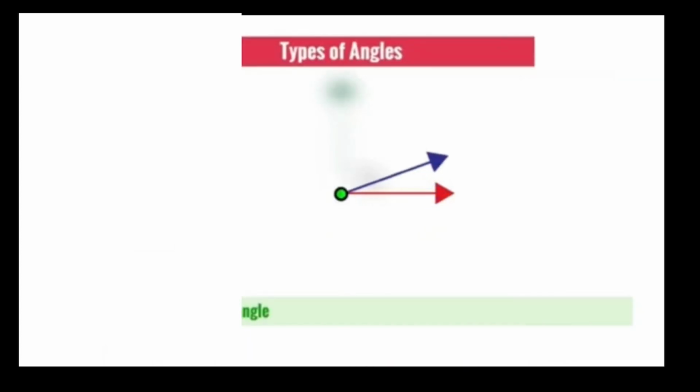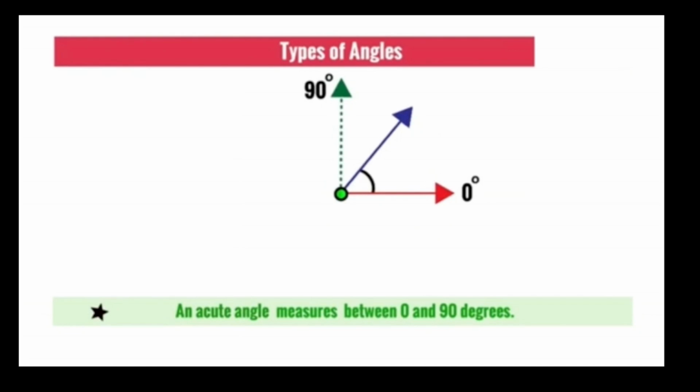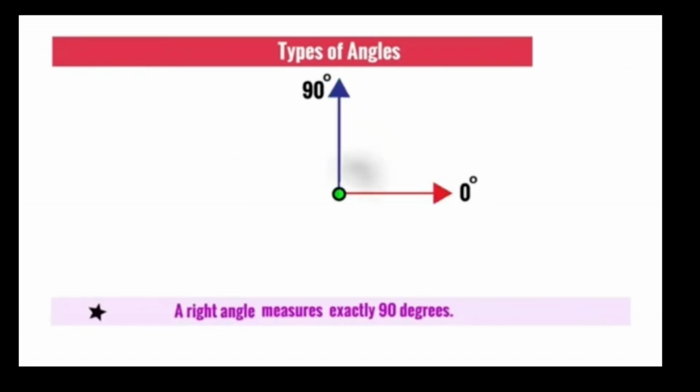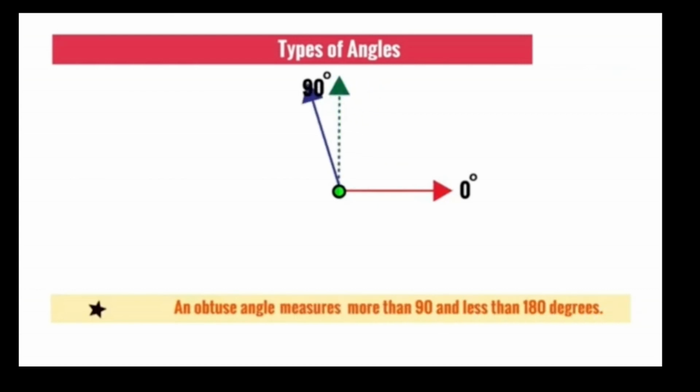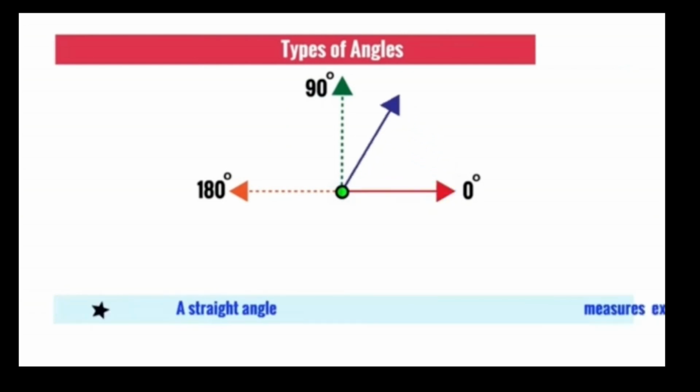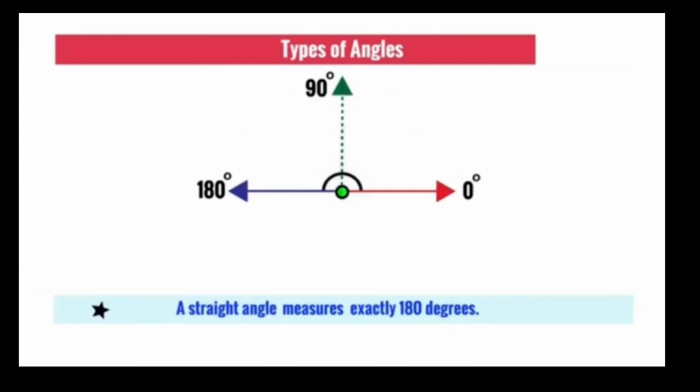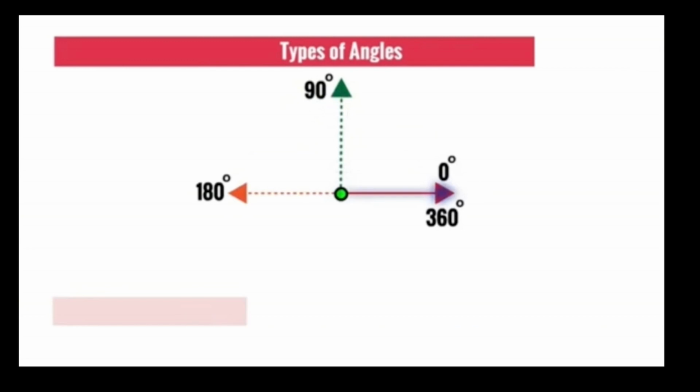Now it's time to recall. Acute angle. Angle between 0 degree and 90 degree. Right angle always measures exactly 90 degree. Obtuse angle. Angle greater than 90 degree and less than 180 degree. Straight angle. Straight angle always measures 180 degree. Reflex